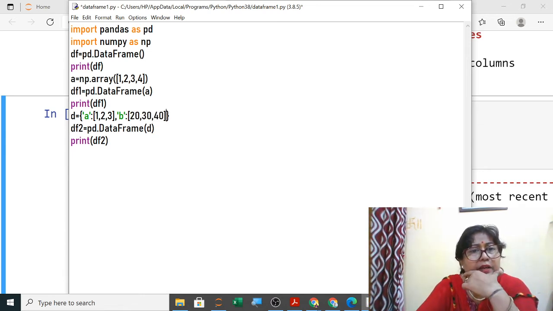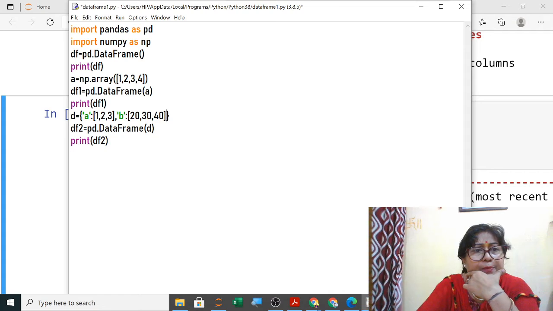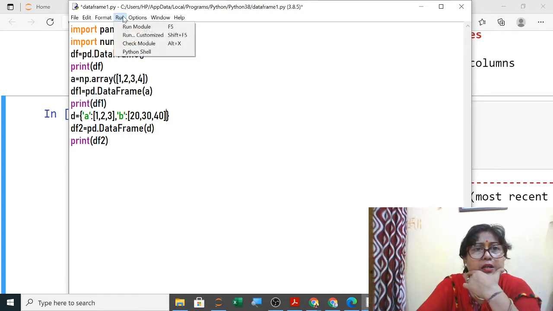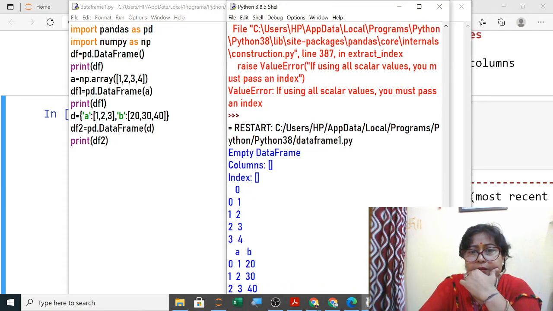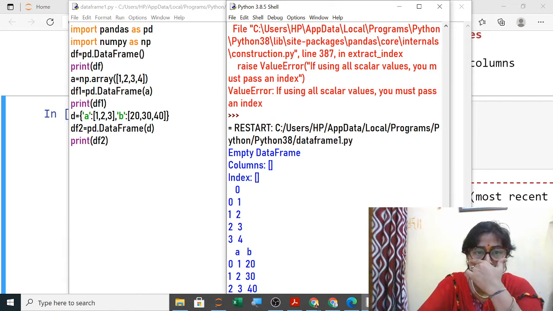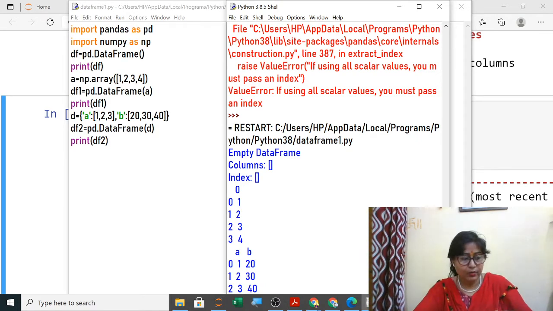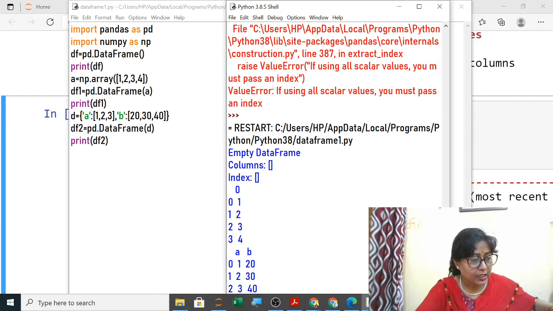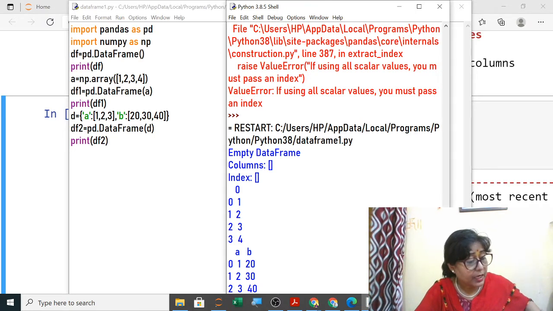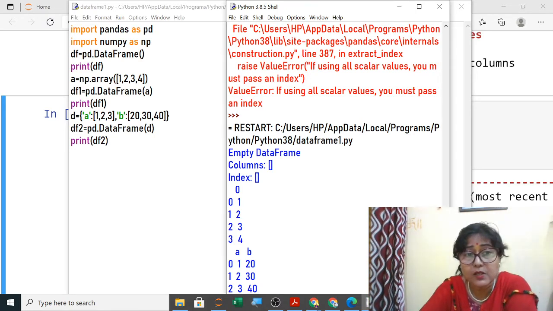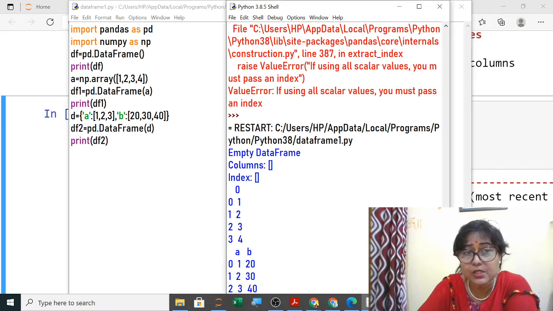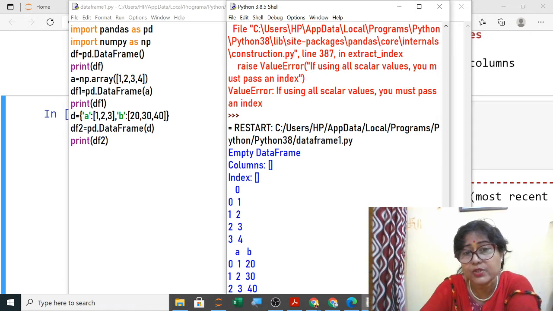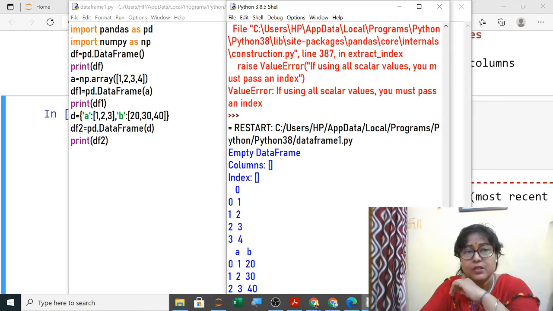See carefully where the mistake is and just prompt it. This is a dictionary, and when you are running, clear. So it will be in square brackets as a dictionary, as in a data frame it is in tabular form. So here also in the dictionary, even if you give a single value, it should be in square brackets, otherwise it was showing an error. Now it is getting executed, no problem.